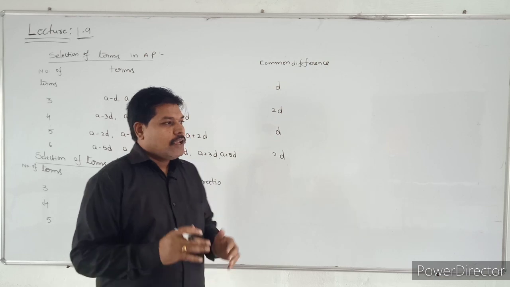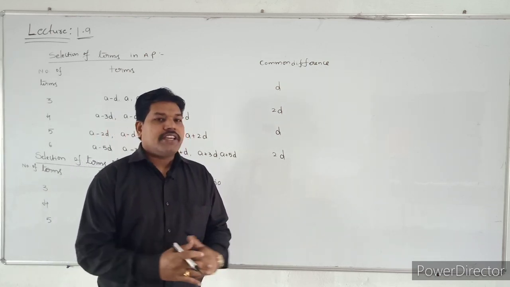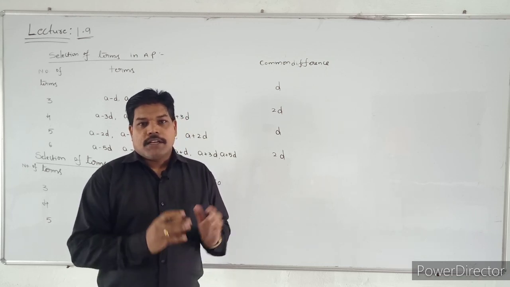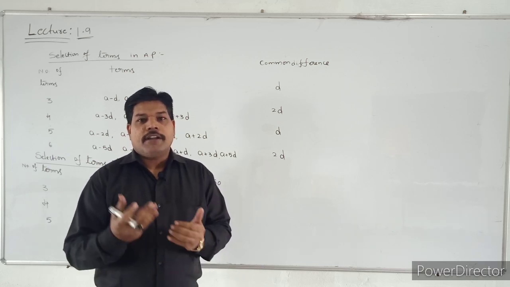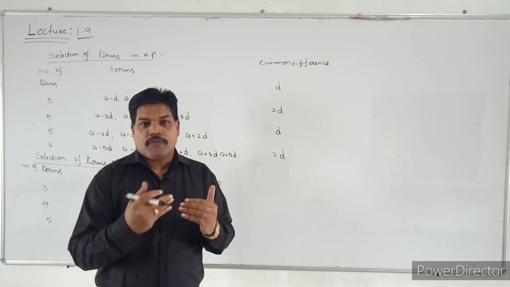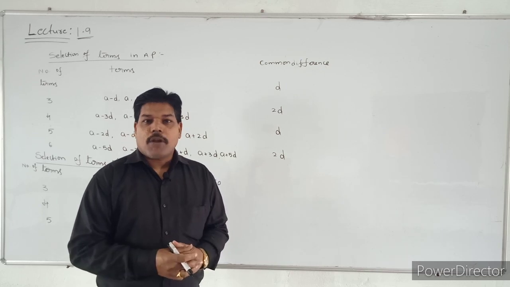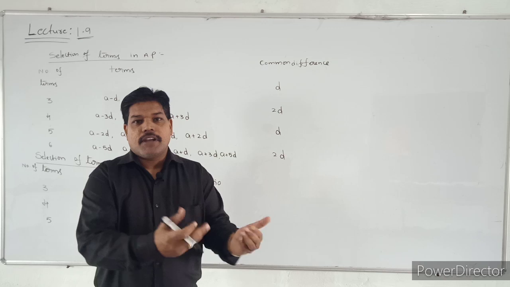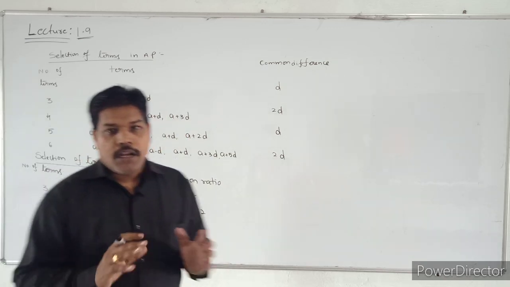See students, in the previous class we discussed geometric progression. In the questions, they will ask you to take three terms in arithmetic progression or three terms in geometric progression. Sometimes they will ask four terms in geometric progression or four terms in arithmetic progression. In the objective questions also, they will ask you to take some terms in the given progression. So how do we take the terms in the given question?